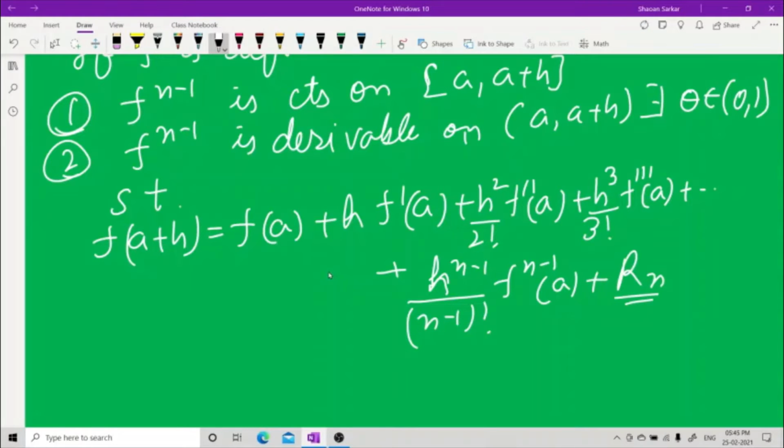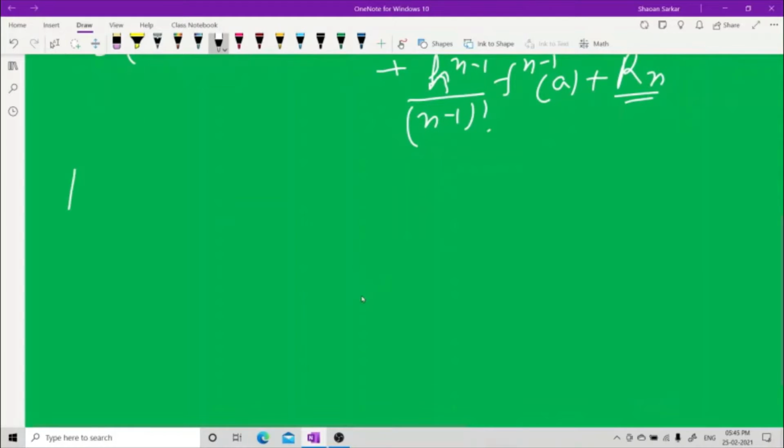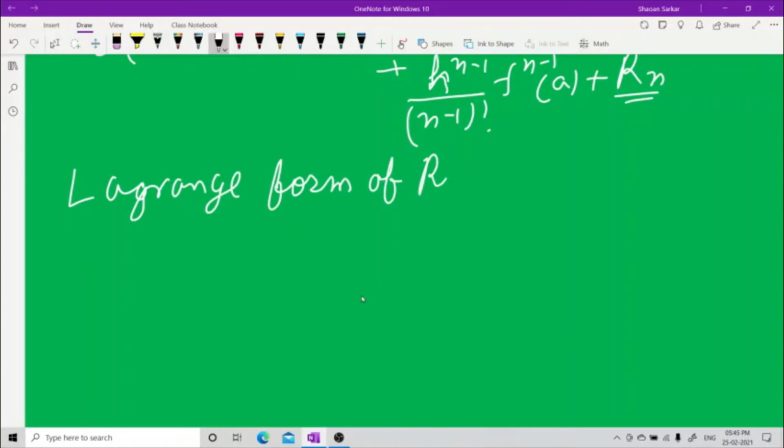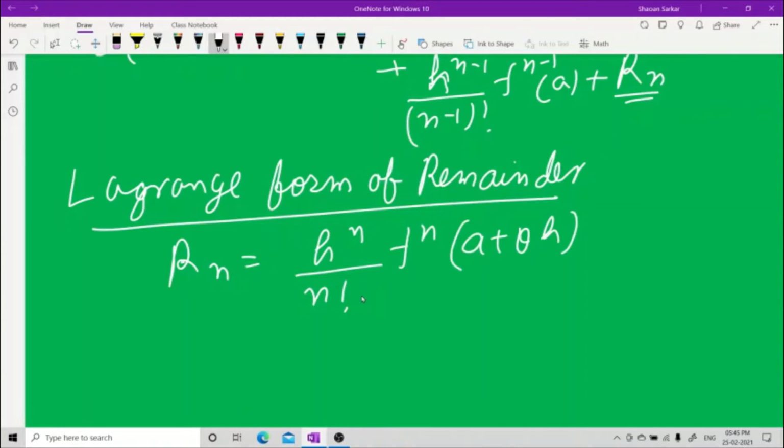Now this Rn has two forms. The first is the Lagrange form of remainder. That is, Rn is of the form h to the power of n upon n factorial f n of (a plus theta h). And the Cauchy form of remainder is